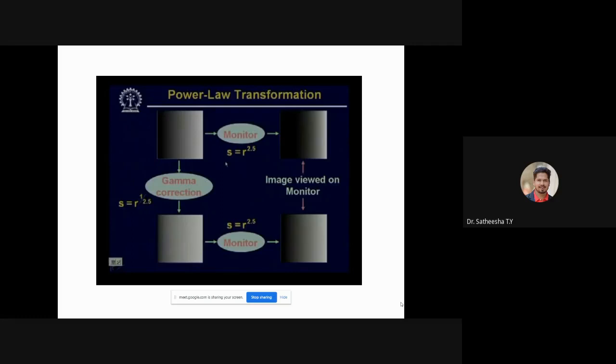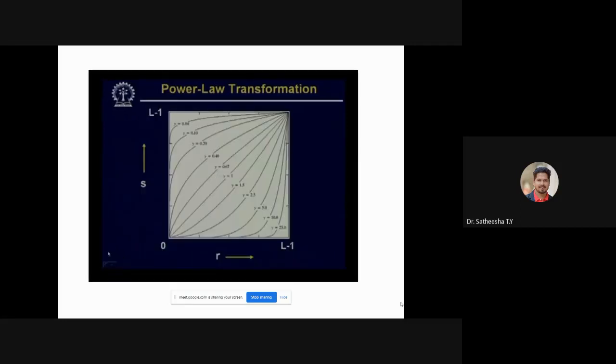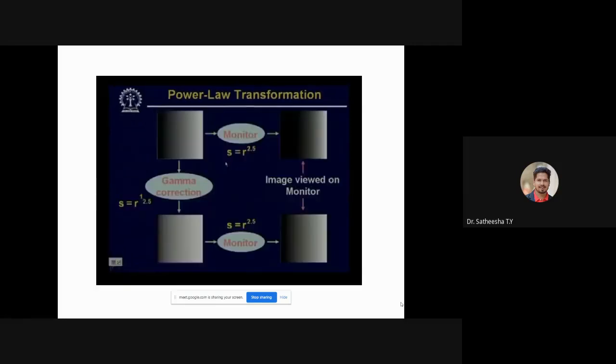By this transformation, if you refer back to our power law curve, you will find that the original image now becomes a brighter image. That is, the lower intensity range in the input image has now been mapped to a larger intensity value in the processed image. As a result, the image has become brighter.